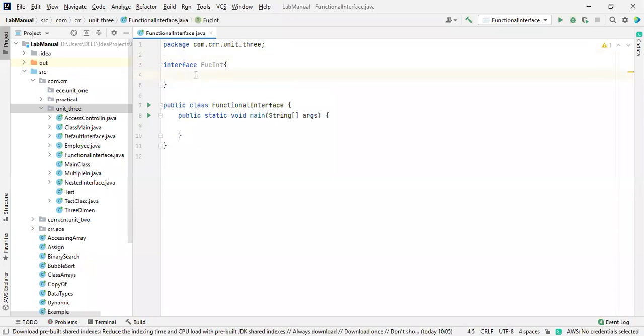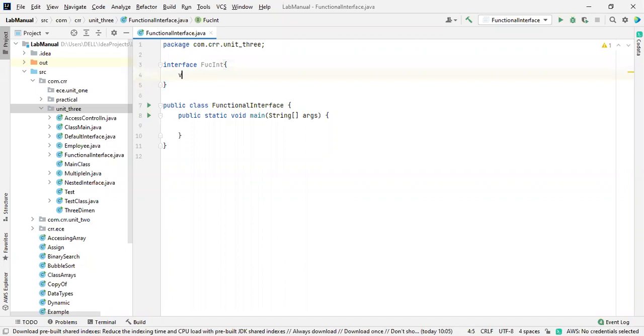In this, it should have only one abstract method, along with the static and default methods. In this context, we are discussing only the abstract method. How are you going to declare that? There is no need to mention any abstract keyword over here, because the interface method doesn't have any implementation, by default it is an abstract method.